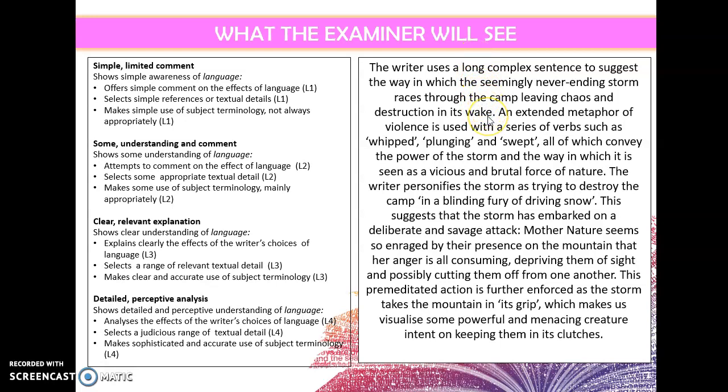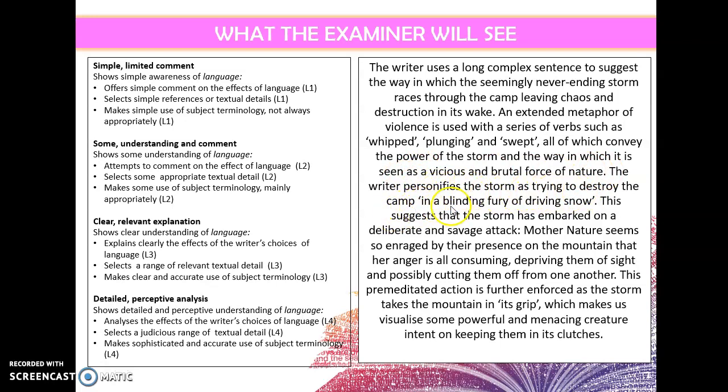So this candidate spotted that the structure of that sentence mirrors almost the movement of the storm. So it's a long sentence showing that the storm is incessant, that it's never ending. So that's a really valid point to make. An extended metaphor of violence. So we've got, again, more subject terminology. An extended metaphor of violence is used with a series of verbs, such as whipped, plunging and swept, all of which convey the power of the storm and the way in which it is seen as a vicious and brutal force of nature. The writer personifies, so look how much subject terminology is in here, really precise, personifies the storm